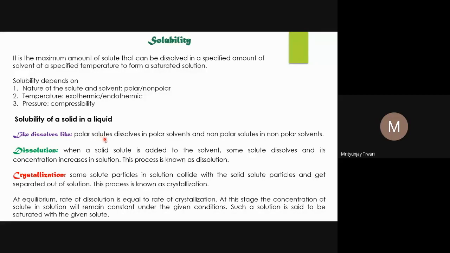So similarly, molecules, or chemical entities, also have similar behavior. When we talk about the nature, if the solute is polar, then a polar solute likes a polar solvent. So a polar solute will be dissolved in a polar solvent, and it will not be dissolved in non-polar solvents. Similarly, non-polar solutes will be dissolved in non-polar solvents, and they will not be dissolved in polar solvents. Non-polar solute will go with non-polar solvent, and polar solute will only go with polar solvent.